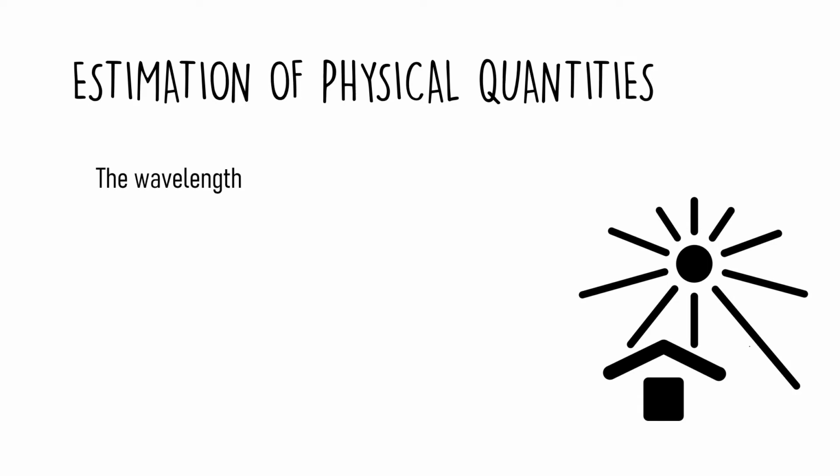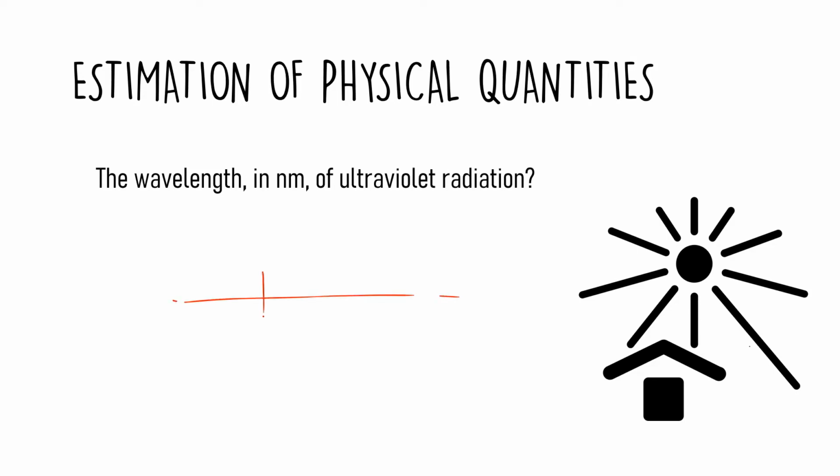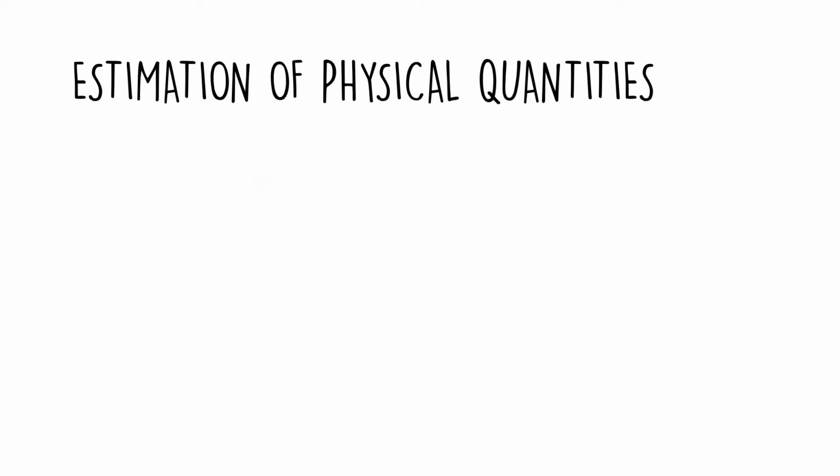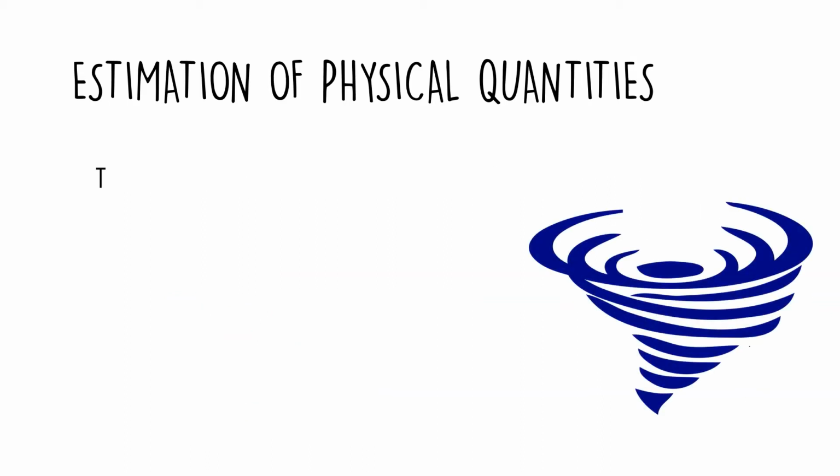Another question they have asked is, what's the wavelength in nanometers of ultraviolet radiation? Again, you should know about the electromagnetic spectrum to solve this question. If this is violet in visible light, ultraviolet radiation comes even before that, so the wavelength is even smaller. I'll give the answer as 400 nanometers, which is basically violet, and below that is ultraviolet. They will accept between 100 to 400 nanometers, but I will give my answer as 400 nanometers. You should know the electromagnetic spectrum by heart in order to do these questions.